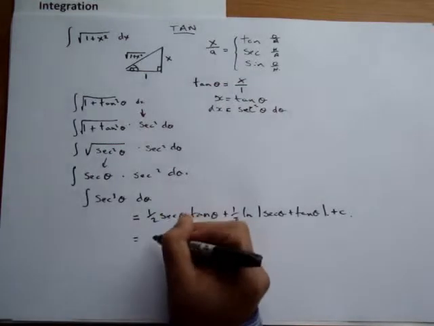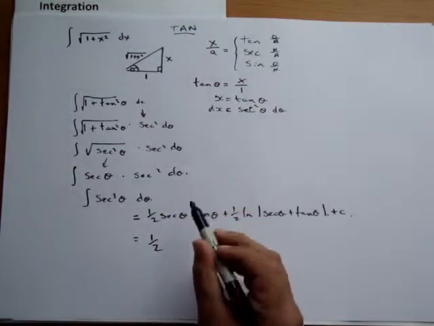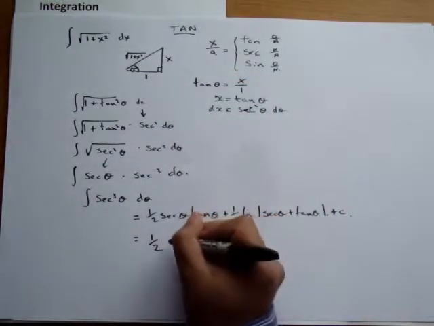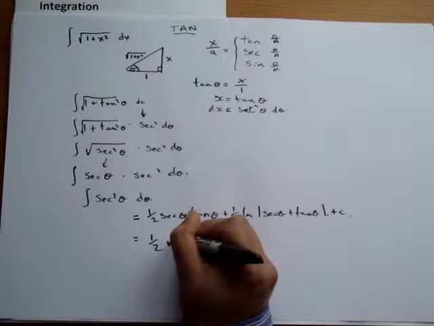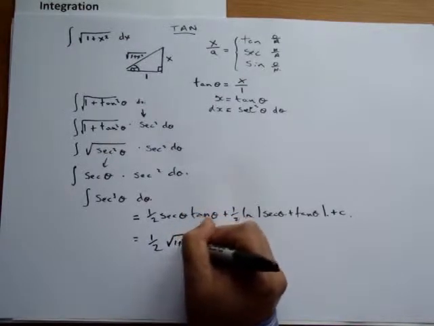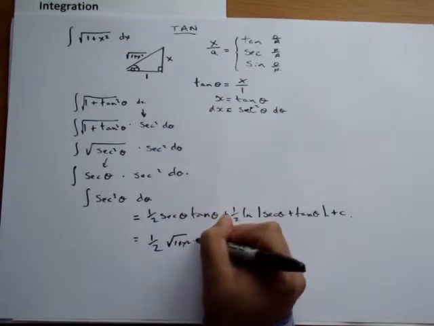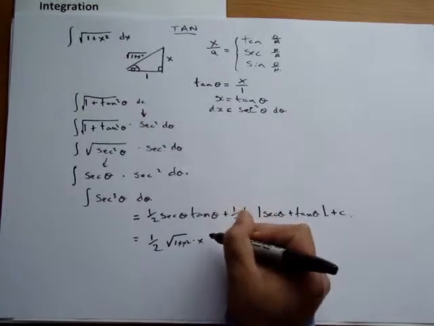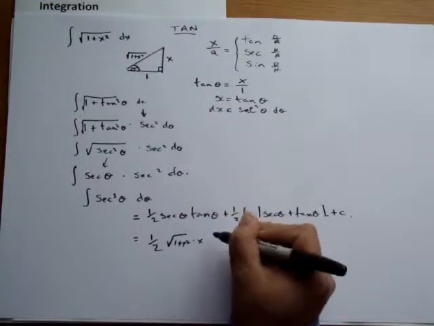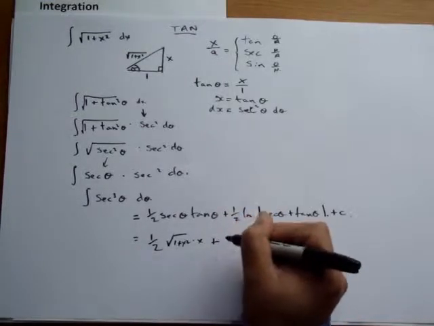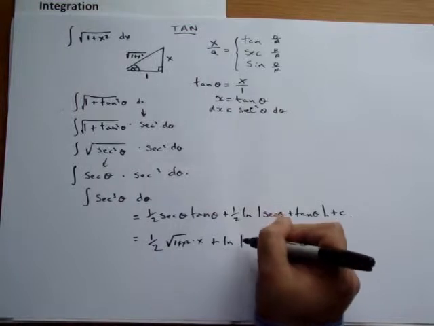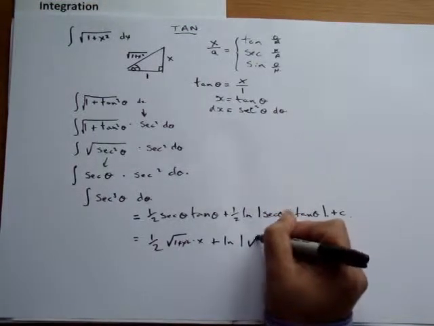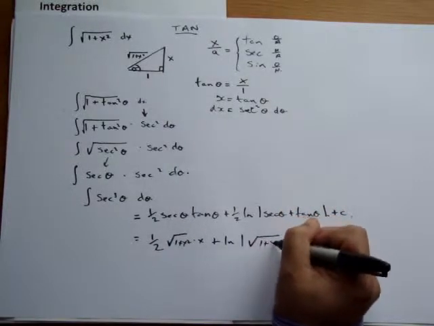So sec theta from our reference triangle is the square root of 1 plus x squared, times x, and that would be plus the natural log of sec theta plus tan theta, which would be 1 plus x squared